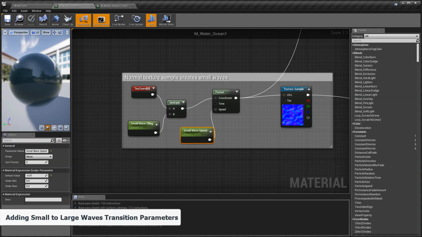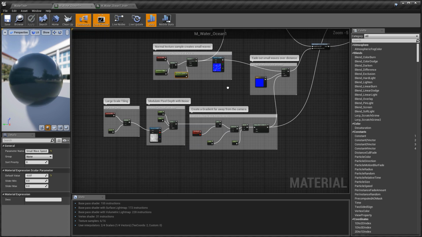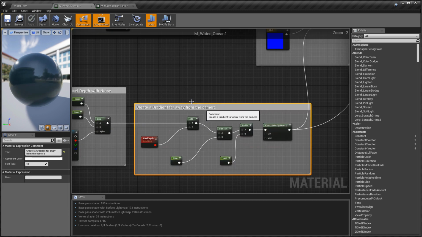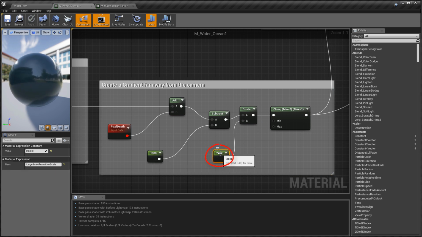The last part is controlling the transition between small waves, which are going to be close up to the player, and large waves, the distant, far away waves. And there's a transition, a gradient that you can control of where this transition will happen. And this is done through this section inside the material, creates gradient far away from the camera. There are 2 values that control that, but we only need one, and it's this one right here at